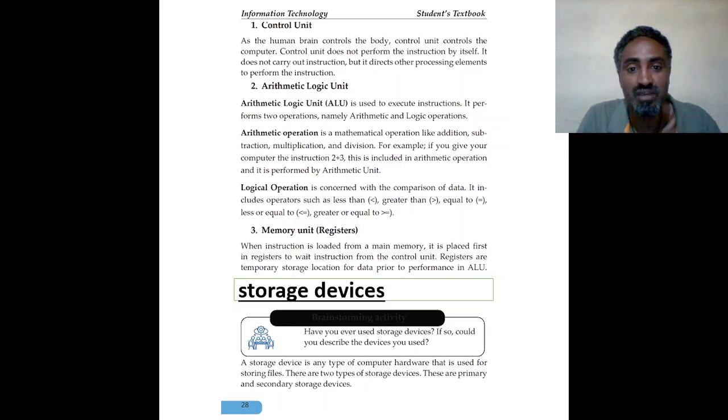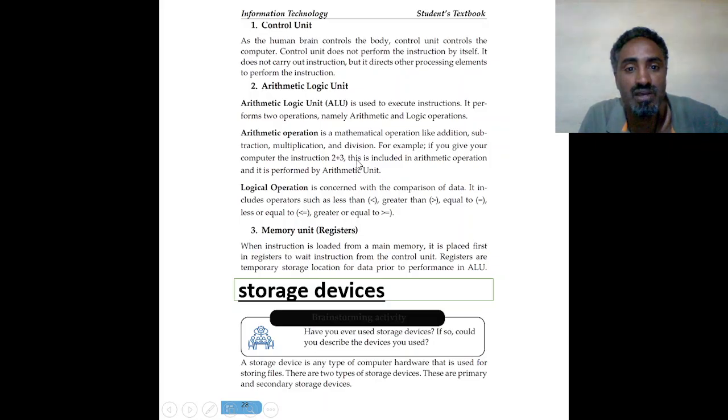For instance, if one of the names is Ababa and the other is Zalalam, in ascending order the letter A should be first. It compares. In the case of filtering also, some related operations are performed, these logical operations. That's why we call it the central processing unit, the brain of the computer.